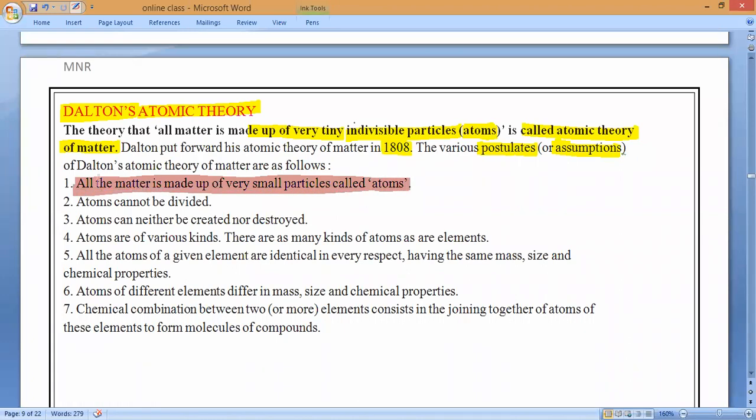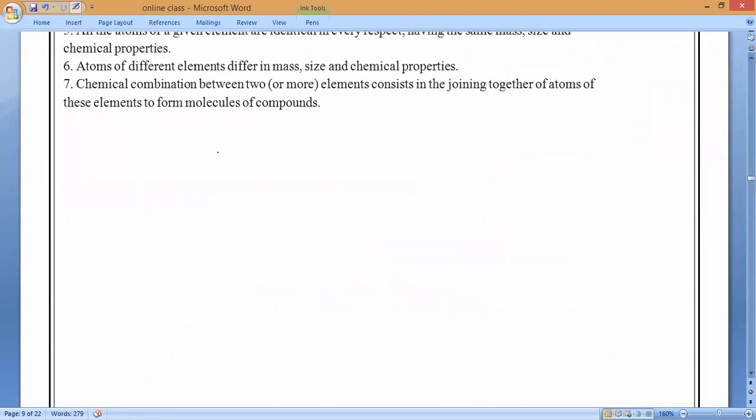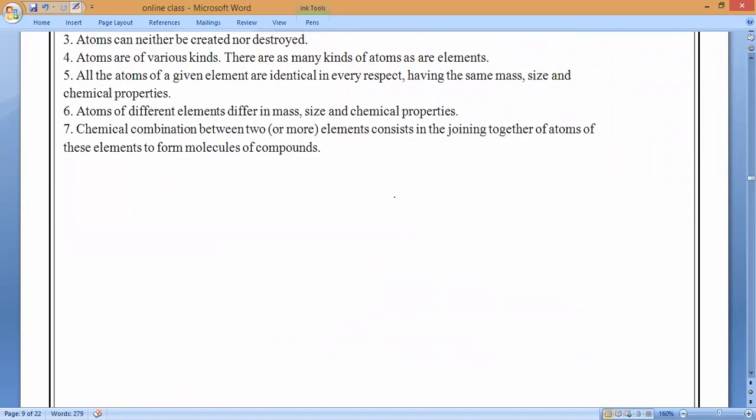Atoms, sir. Atoms. That is the first point. So he said that all matter is made up of very small particles called atoms. And I have shown you the Indian philosopher, what is his name? Maharshi Kanad. What he told: if you keep on cutting the gold, you can see that the picture also has